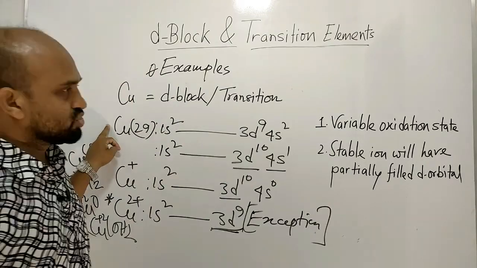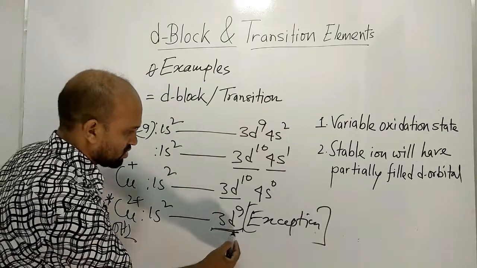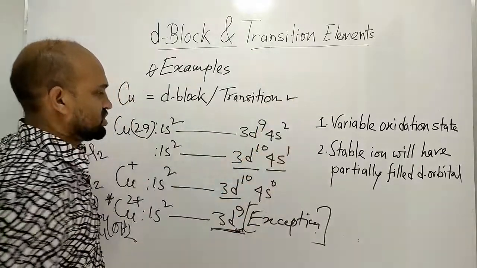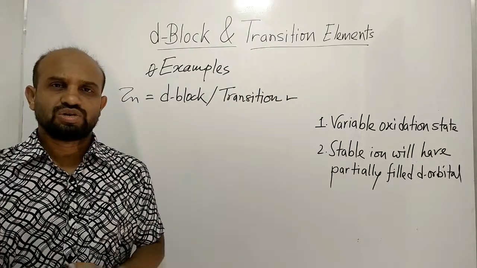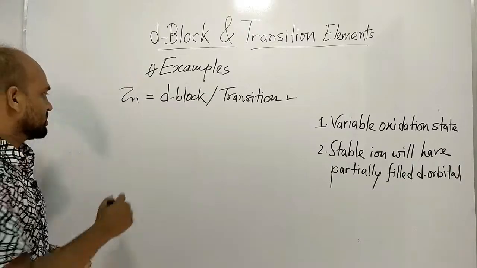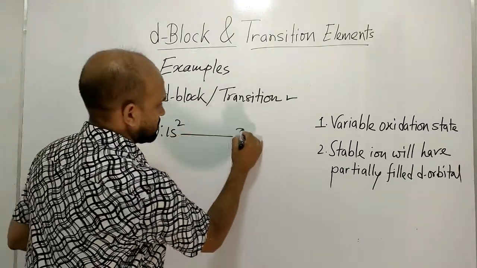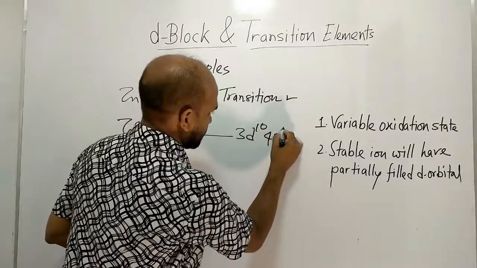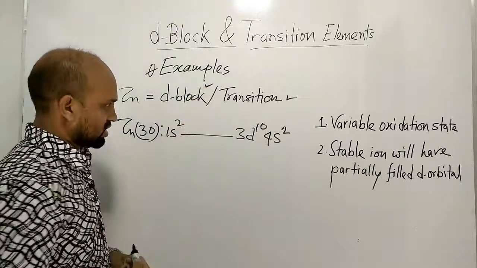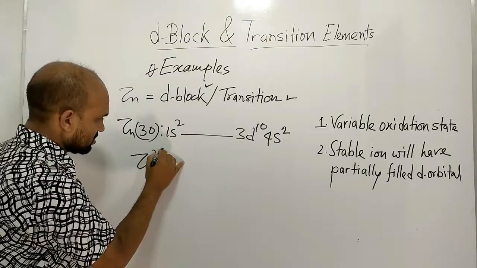So copper shows variable oxidation state and the stable ion contains a partially filled d orbital. So copper is a kind of transition element as well. Lastly, we will see about zinc, whether zinc is transition or not. Zinc 30, 1s2, 3d10, 4s2. The last electron enters the d orbital, so this is a d-block element undoubtedly, and only one ion is seen of